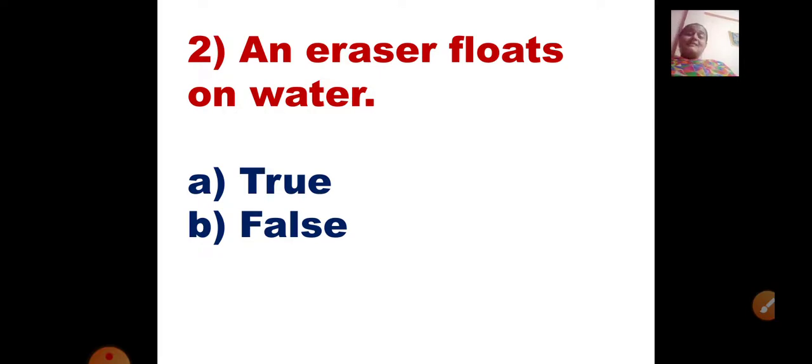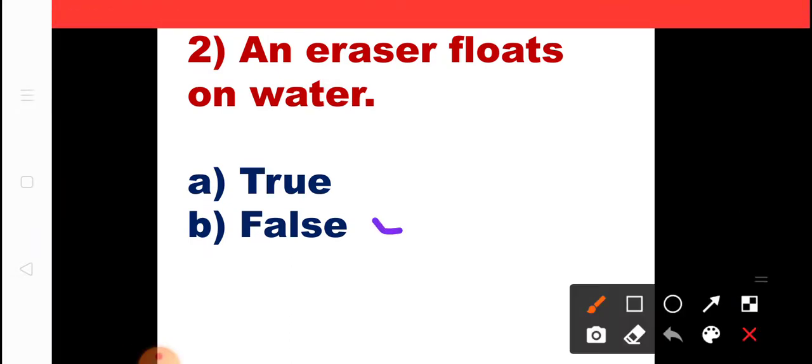You have tried this, I guess. Okay, I have given you an activity of the things that float on water, and maybe you must have tried it at home. So does an eraser float on water, or does it sink in water? So eraser is made of rubber. So eraser floats on water is wrong. Eraser sinks in water. Okay, it is light in weight. Yes or no? So the rubber eraser definitely does not float on water. It goes inside the water. So it is false. Okay. Now next one.